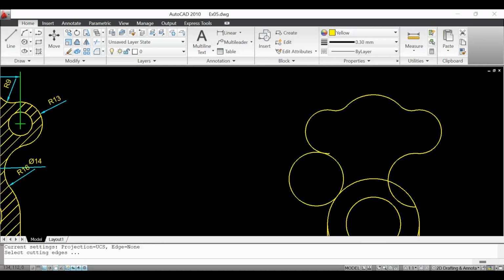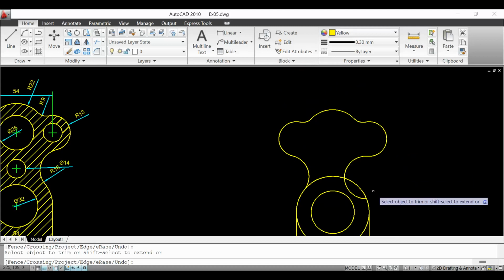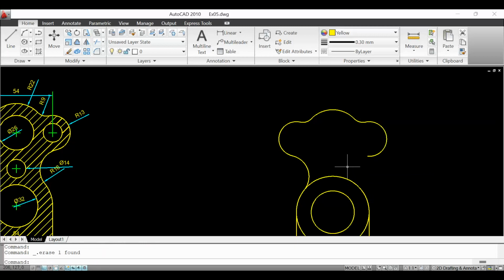So we can use trim command, enter, draw this. Once one portion you can get it, means we can delete the other things. You can use mirror command. MIRROR, enter. Select this part, right click,